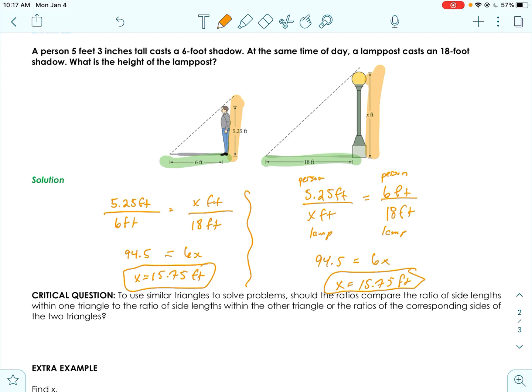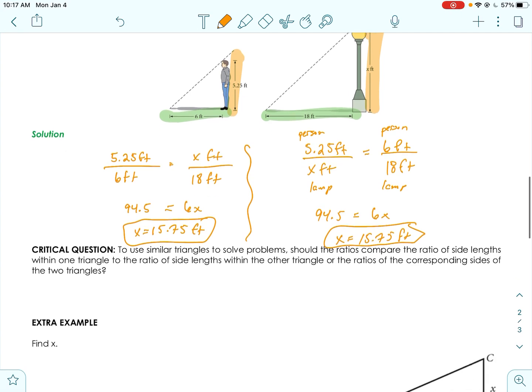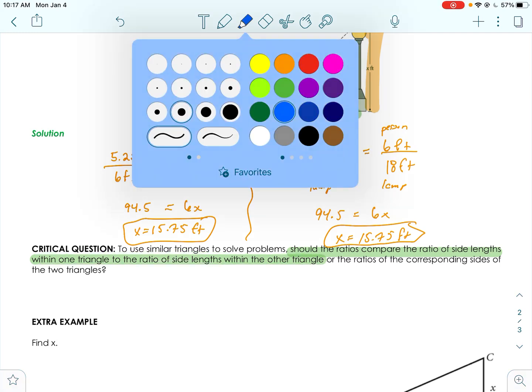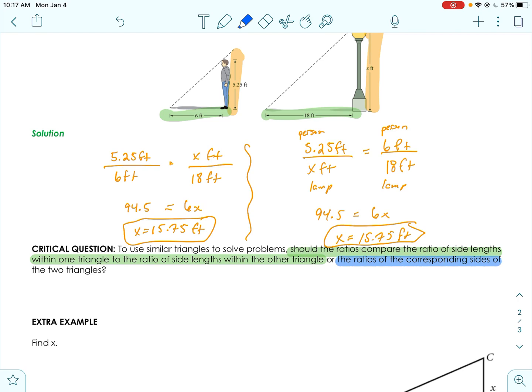Okay. So going through these examples, what you need to make sure you understand is the answer to this critical question. It says, to use similar triangles to solve problems, should the ratios compare the side lengths within one triangle to the side lengths within the other triangle, or should they compare the corresponding sides of the two triangles? Okay, and the answer to this is it doesn't matter. You can do it either way, as long as